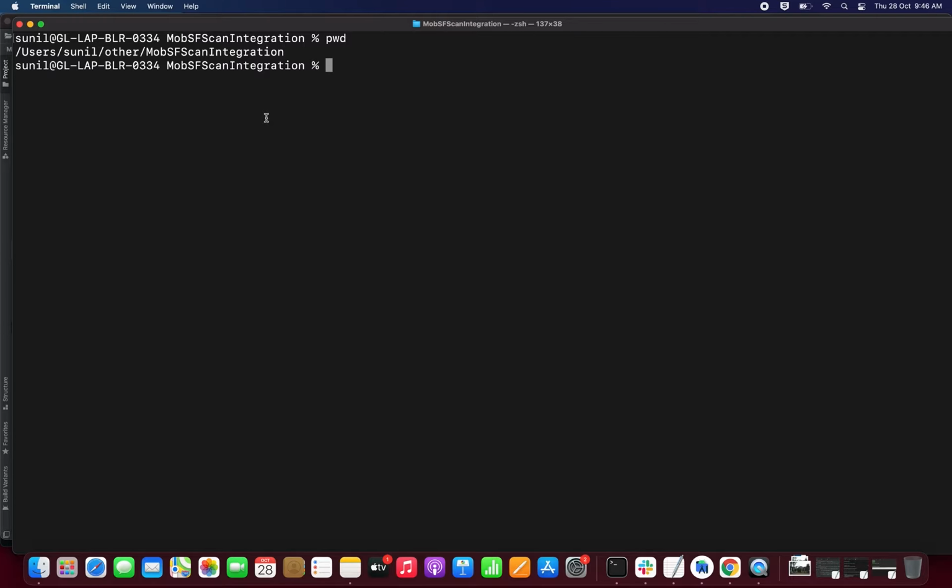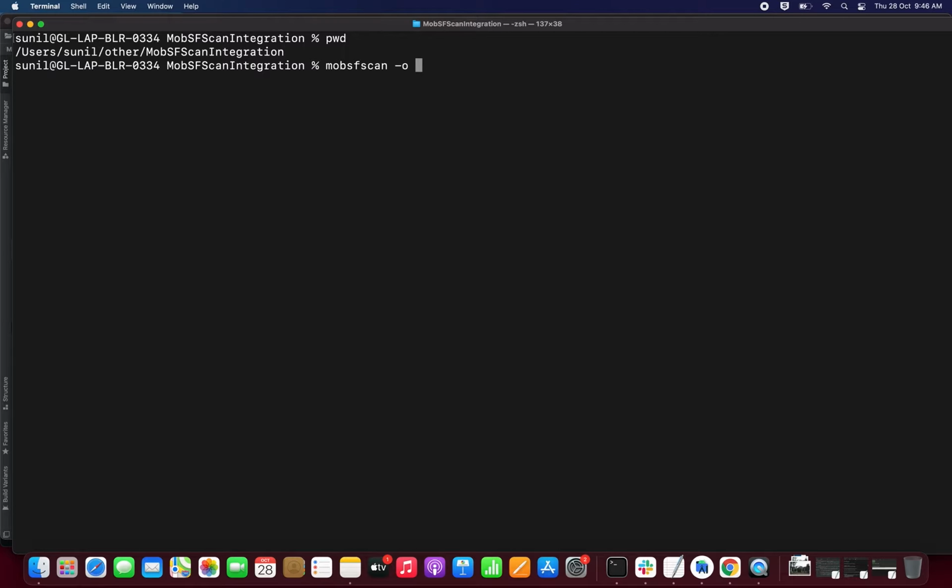Here I need to scan the current directory, so I need to provide the dot symbol. So the command will be mobsfscan, then the output, where do you want to store it? Let's say we want to store it on our desktop, so it will be dash o,